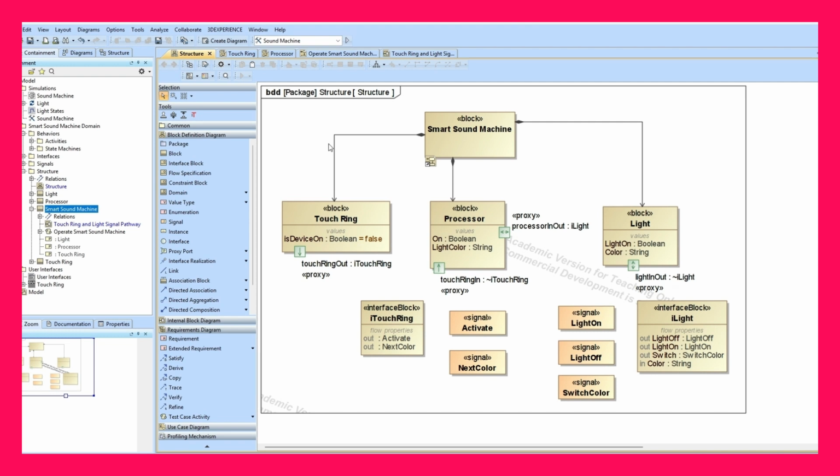I'm going to share with you a simple executable model of a smart sound machine. The smart sound machine has three parts. It has a touch ring, a processor, and a light. The human controls the touch ring, so the way it works is if the person holds down on the touch